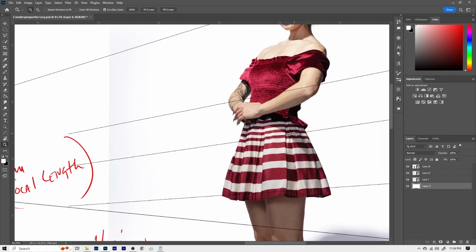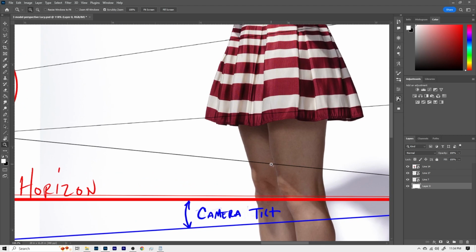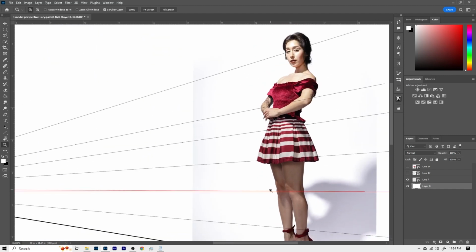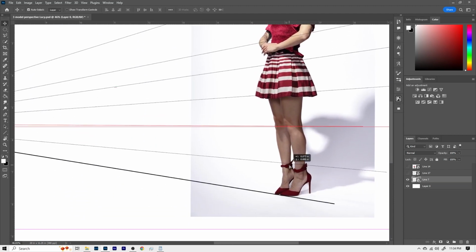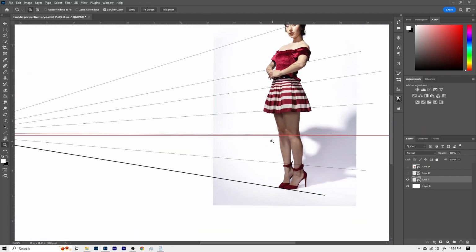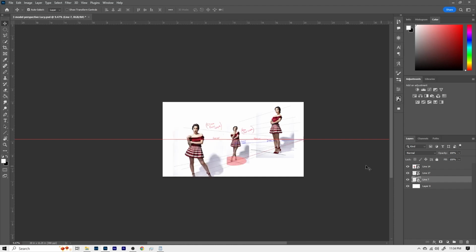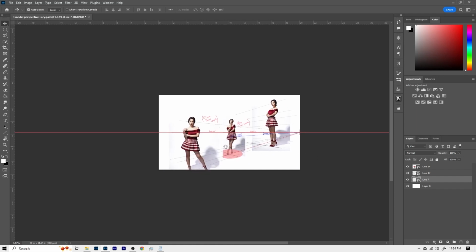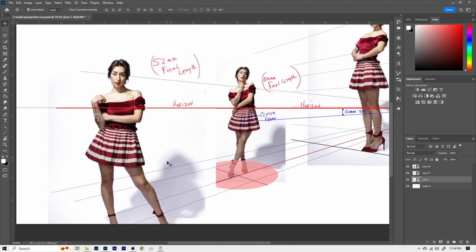Her hips, the tops of her, that's not her. Her knees, her ankles. So that's the technique. Now, if I wanted to make this a world, then I could use all these perspective lines, and I could make a floor for her, and a floor for her, and a floor for her, and I could intertwine those in real 3D space if I wanted to.